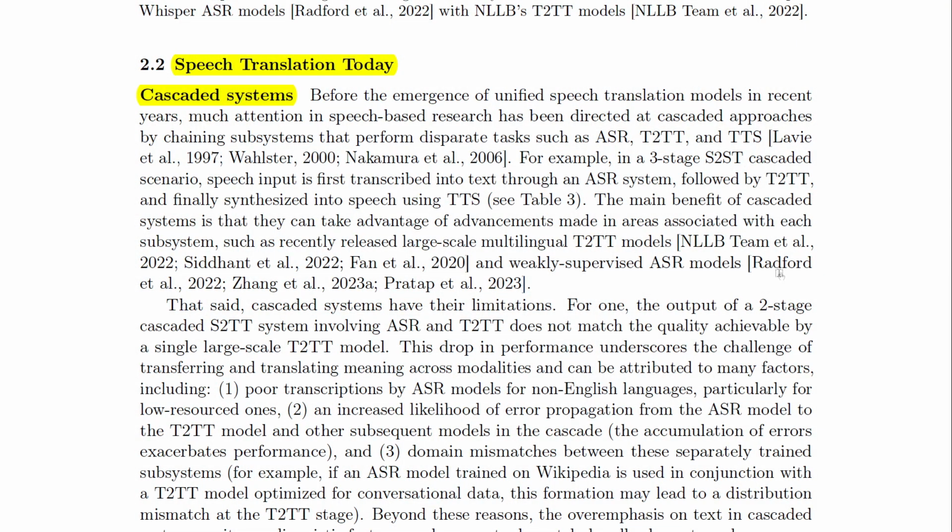Before unified speech translation models emerged, much of the focus was on cascaded approaches. This involved chaining subsystems for tasks like ASR, T2TT, and TTS. While cascaded systems benefit from specialized advancements in each subsystem, they do have limitations. For instance, a two-stage cascaded S2TT system involving ASR and T2TT doesn't match the quality of a single large-scale T2TT